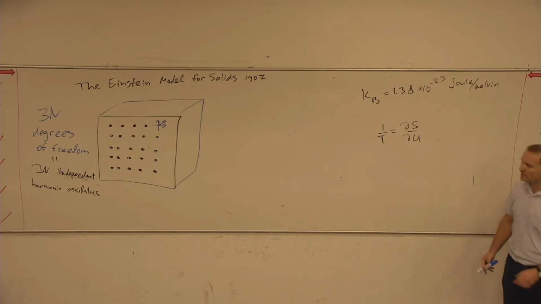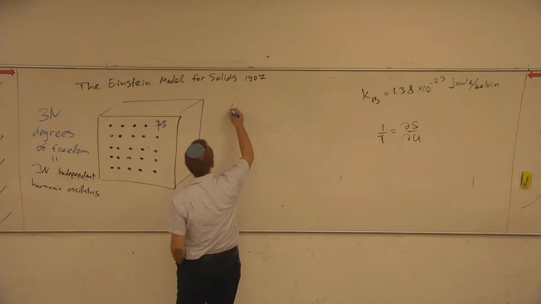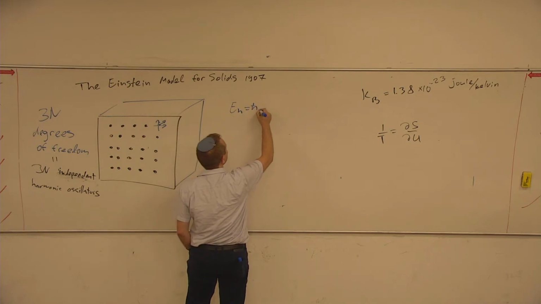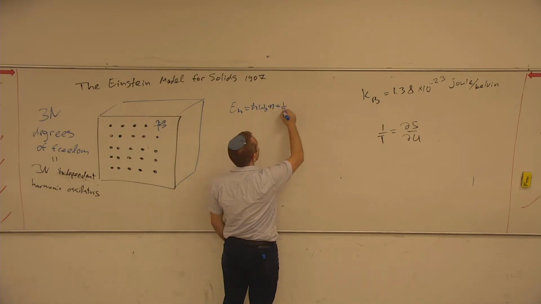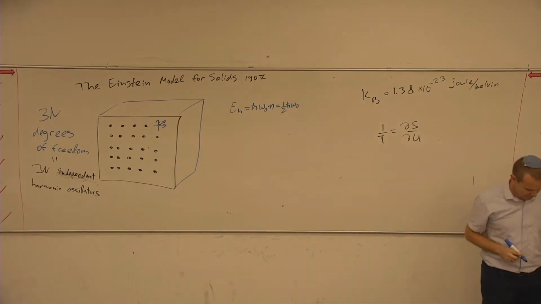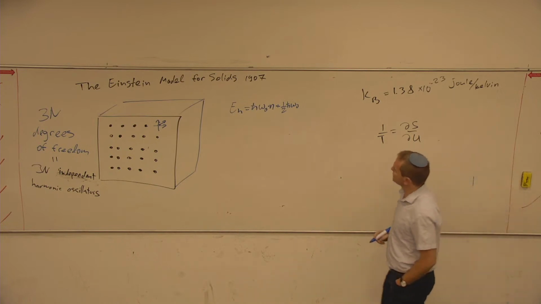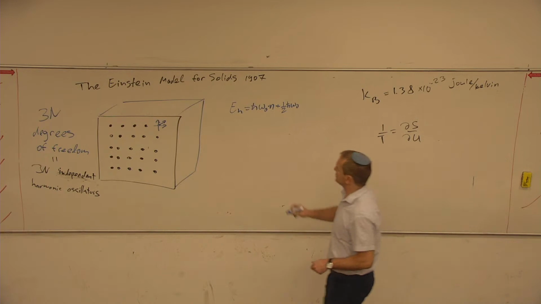Okay. Now, of course, we know what a harmonic oscillator looks like if we look at the energies. E_n is h bar omega 0 multiplied by n plus 1/2. Right? So Einstein wasn't aware of the quantum mechanical